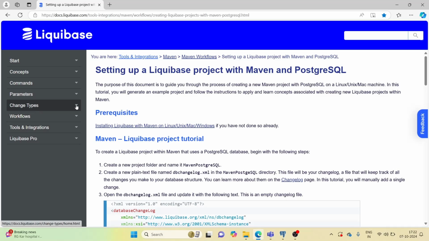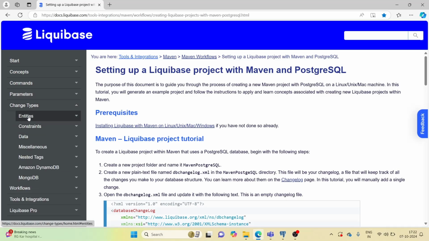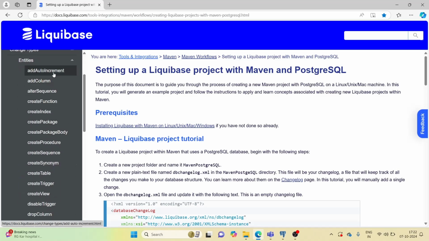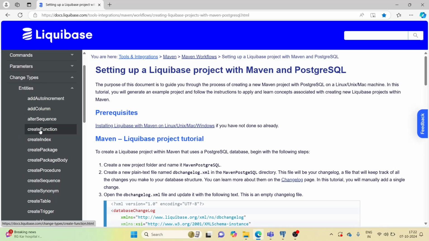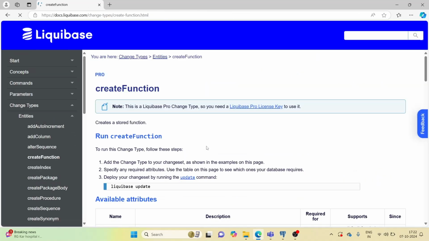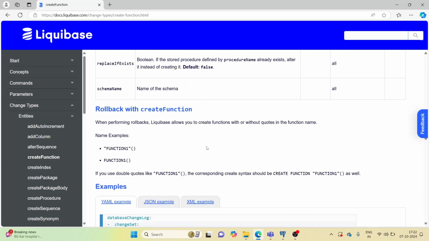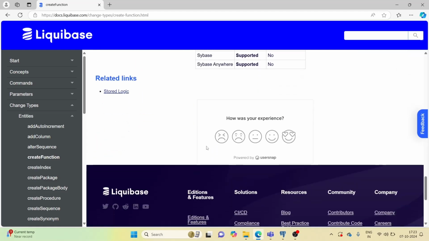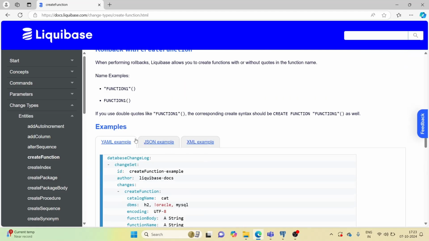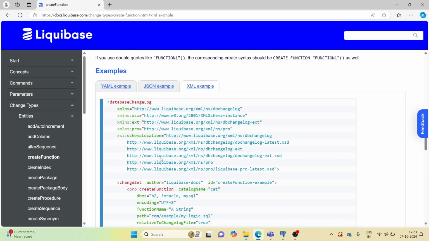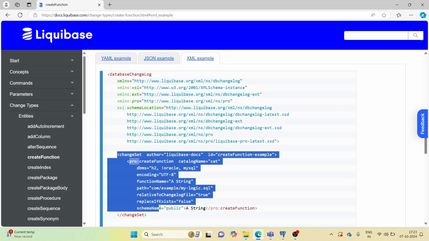On the doc page, in change types, we have learned about entities, that is creating tables and indexes. We have also created constraints and loaded data using Liquibase commands. Now if you go inside the entities and click on create function, you can see this is the create function doc. If you go in the examples and click on XML, you can see this is the sample change set for